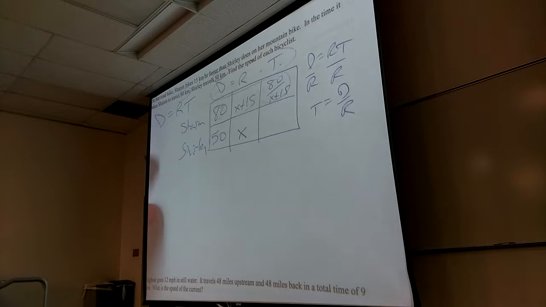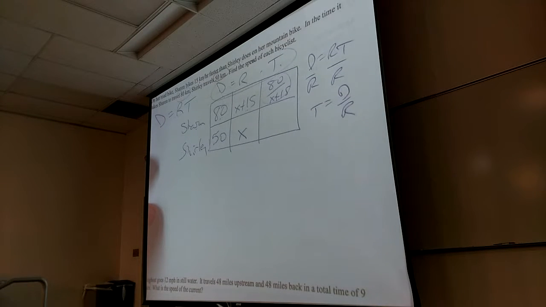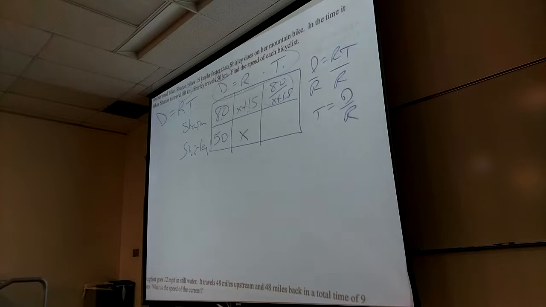So for example, if you have to go 10 miles and you're going 2 miles an hour, how long will it take you? 5 hours. 10 divided by 2. Distance divided by rate is time. Not because math said so, because it is. And math just models that fact.